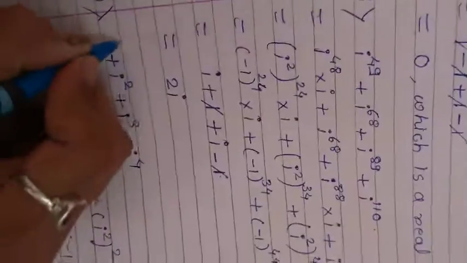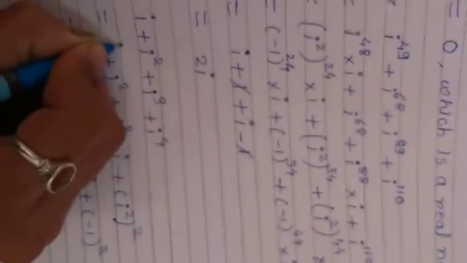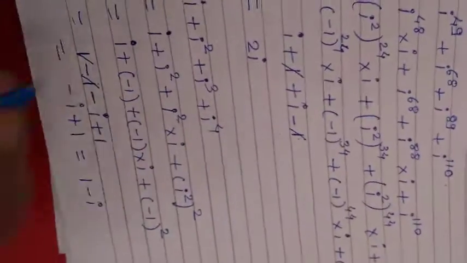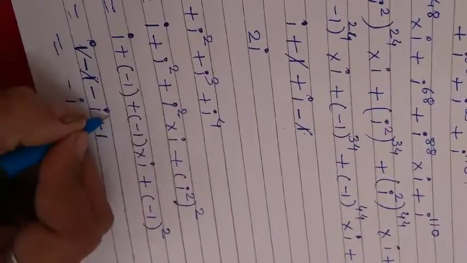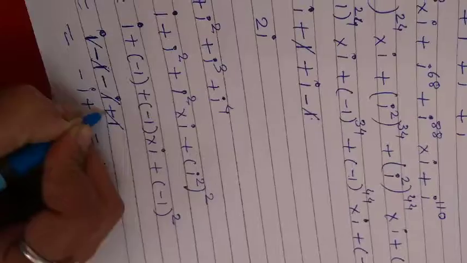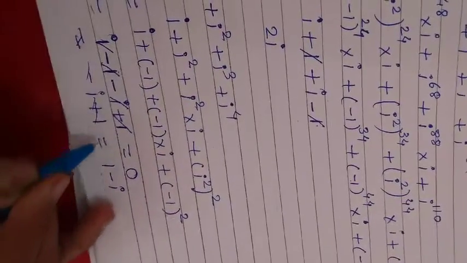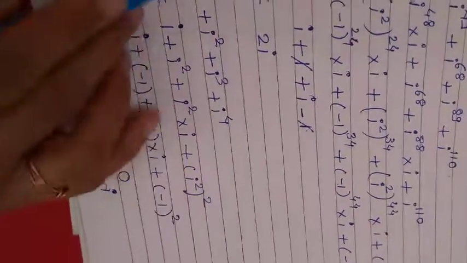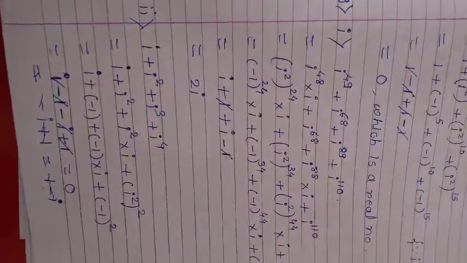In this question I have taken 1 where the book has i. If 1 is there, you will solve in this way, and if i is there, then i is as it is. Now this i gets cancelled with this minus, and this minus 1 gets cancelled with this plus 1. So the answer is 0. And if you take 1 over here, the answer is 1 minus i. So this is the answer as given in your textbook, which is 0. Now we'll see the next example.